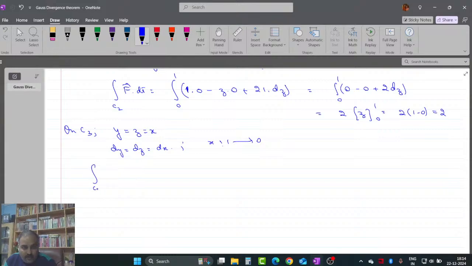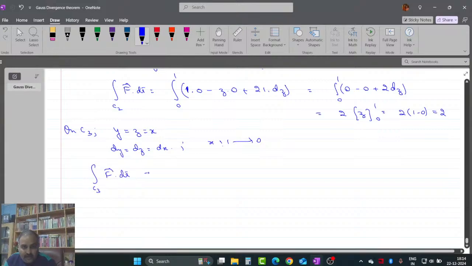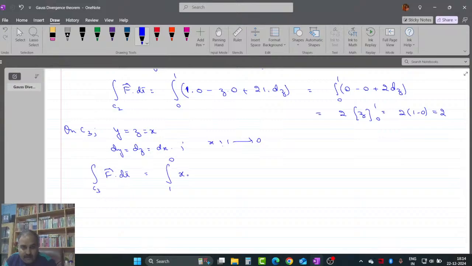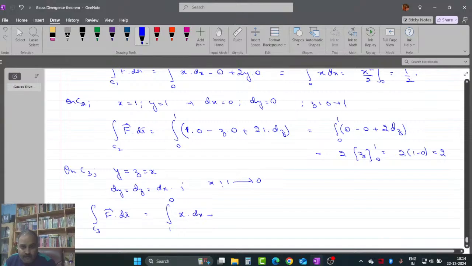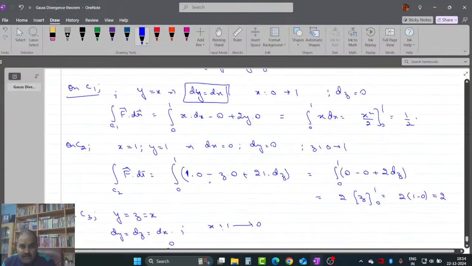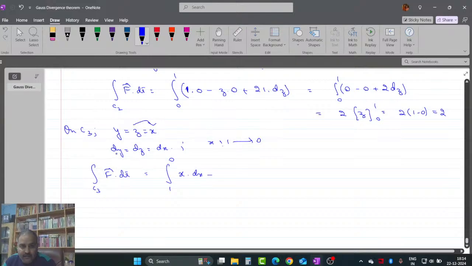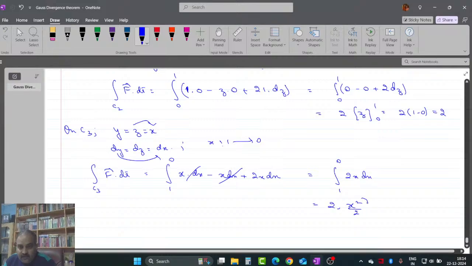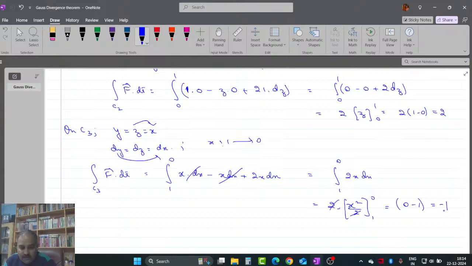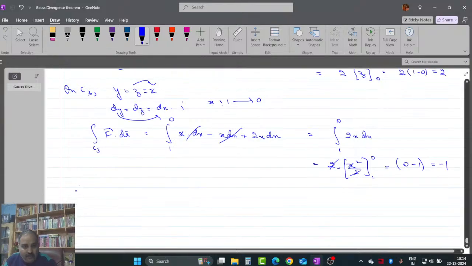So along the curve C3, f dot dr, that is 1 to 0, x as it is, फंक्शन के अकॉर्डिंगली वैल्यूज पुट कर रहा हूँ, dx भी as it is, माइनस देन है z dy, z की वैल्यू भी x है और dy की वैल्यू भी dx है, x dx, एंड द थर्ड पार्ट वाज 2x dx, सो ये दोनों कैंसिल हो गए, तो रिजल्ट आ गया 1 to 0 2x dx, 2 outside, x की इंटीग्रेशन x square by 2 within the limit 1 to 0, 2 and 2 cancel out, upper limit 0 minus lower limit 1, तो आउटपुट आ गया -1।